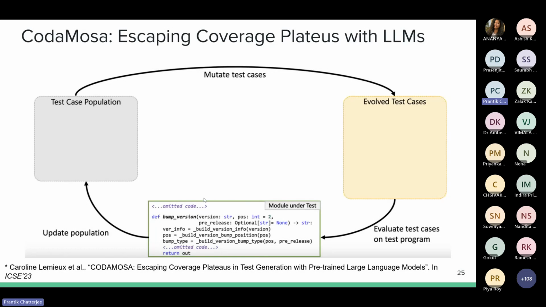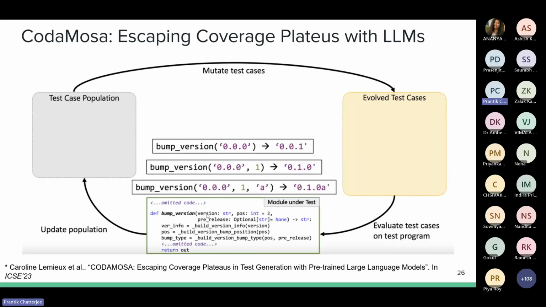Now let's take a look at what happens in this particular program. This is a popular Python library called bump version. The way bump version is used is that it is basically used to update software versions.